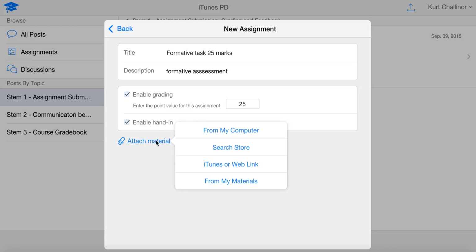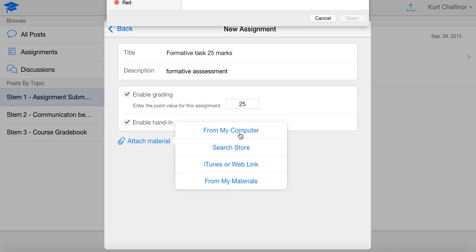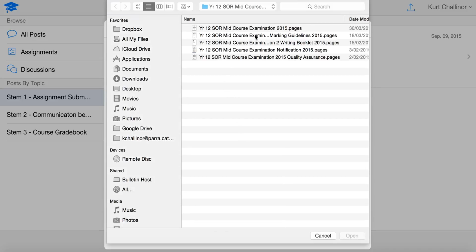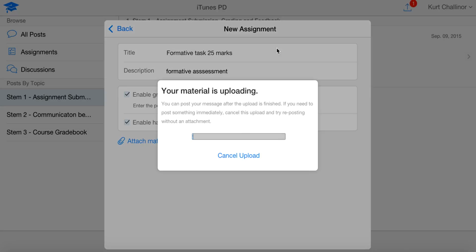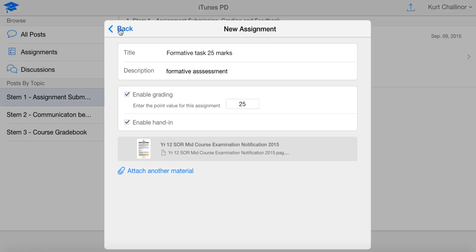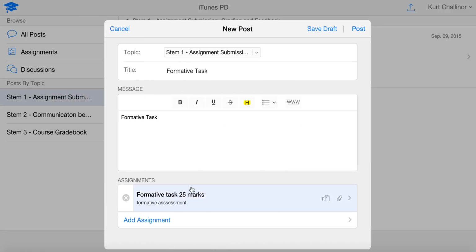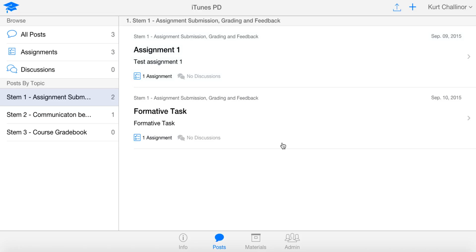And when we attach material, we can choose from the web or from materials already in the course, but I'm going to choose from my computer, and I'm going to add in a task notification for an assessment task. So that uploads reasonably quickly, and we can go back and we can see that we have that in there ready to go, and we will post that. Now the students can see it. So now I've got the two assignments here. What we will see